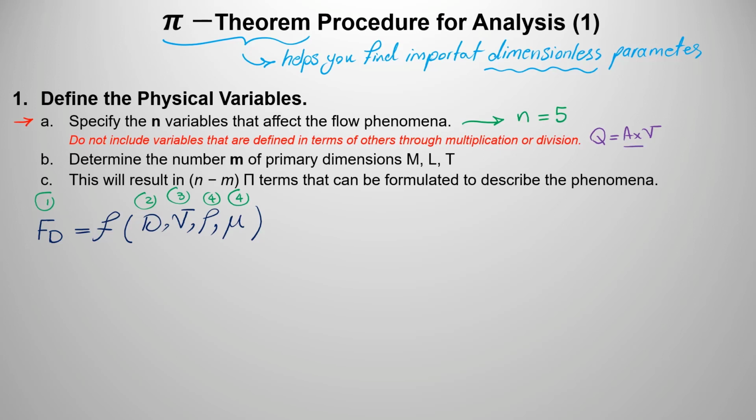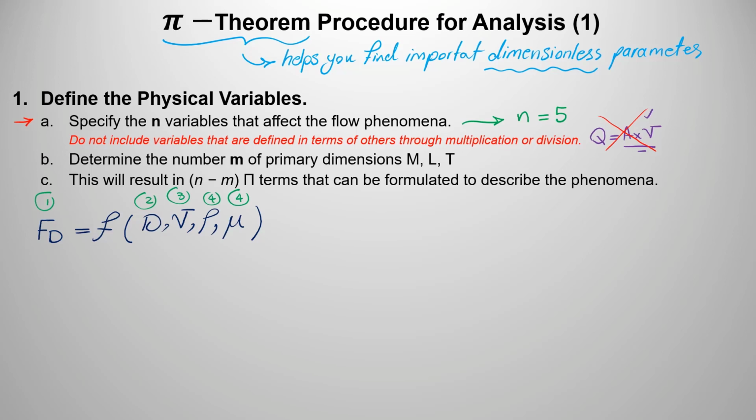Because flow rate is equal to area times velocity, and velocity is already included. So do not include variables that can be calculated in terms of multiplication and division of other variables. All right. Then step B says determine the number m of primary dimensions, and primary dimensions are mass, length, and